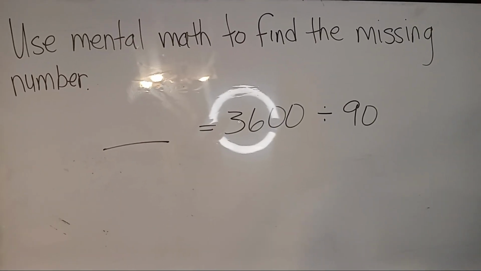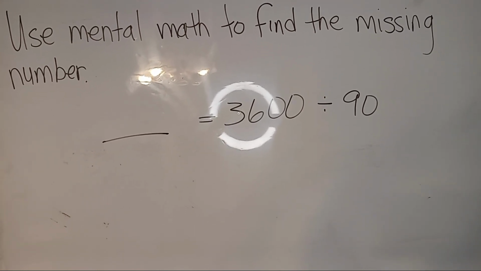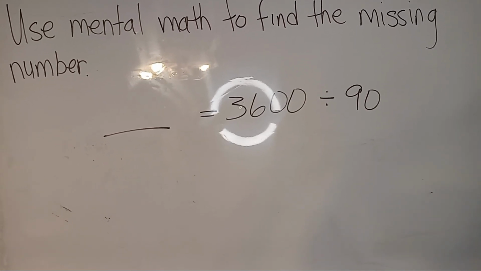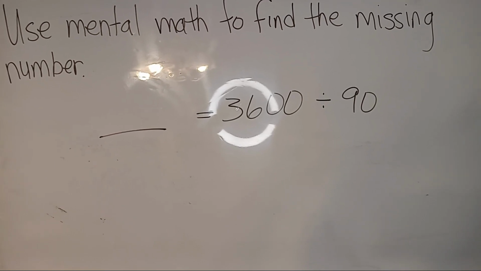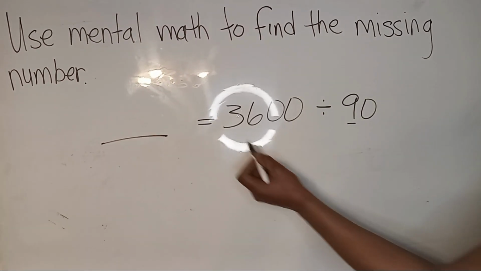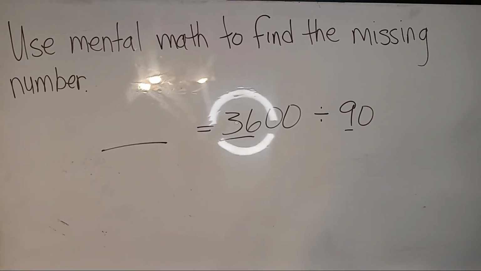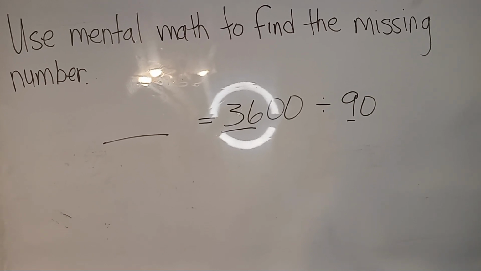All right, so for our next problem, again, we're using mental math to find the missing number. And now we have 3,600 divided by 90. And all these problems are just the same. So we should just want to focus on our main number. You don't have to cross it out. You don't have to do anything. It's whatever works for you to make sure you're focusing on the 9 and that 36, which means you should